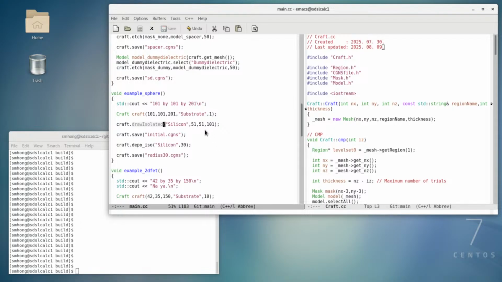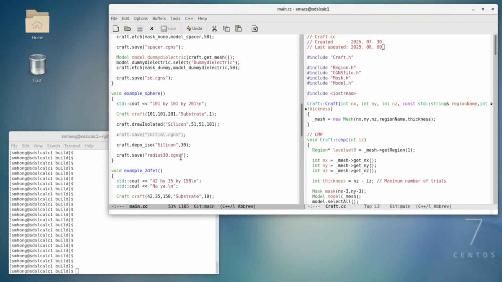This is corresponding to the center of the entire simulation domain, and its material is recognized as the silicon material. After saving this initial dot, I just called isotropic deposition, and it is done with